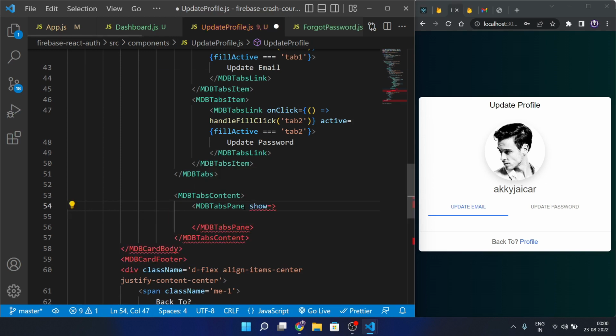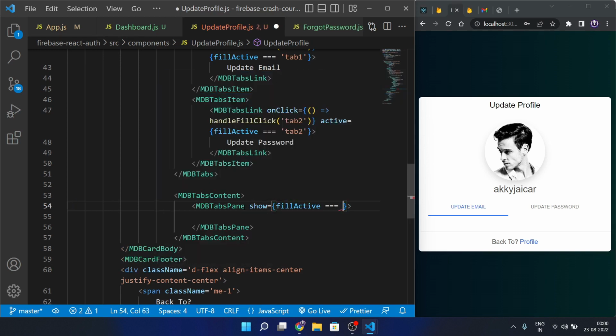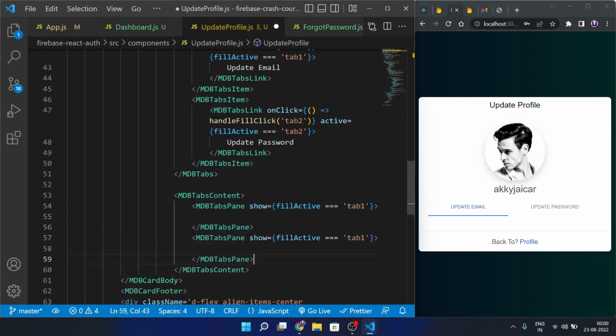So how we can show this? So we can simply add the show, and for this show, if this fill active equal to tab 1, then we just want to show the content of that particular tab inside of this, right? Similarly, just copy the same thing for the update password. We can simply do exactly the same thing for this. Let's paste this, and if it is equal to 2, then we will simply show that content here. So we have wrapped this inside of our tab contents, and here inside of this very first pane, we just simply wrap